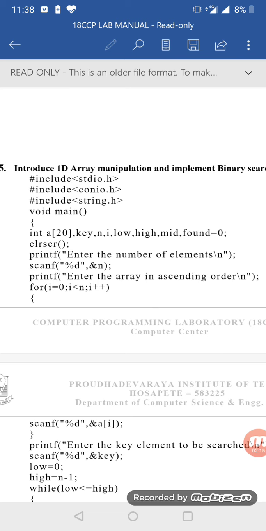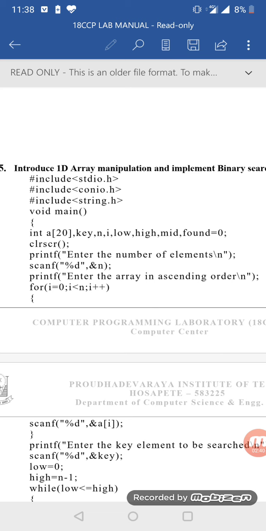So this key variable is used to store the value which we want to search. Next is n. N is used to store the number of elements. Next is i. i is used for looping purpose, and low, high, mid are used to represent different elements of the array. Low means the first element, high is the value where we store the last element of the array.